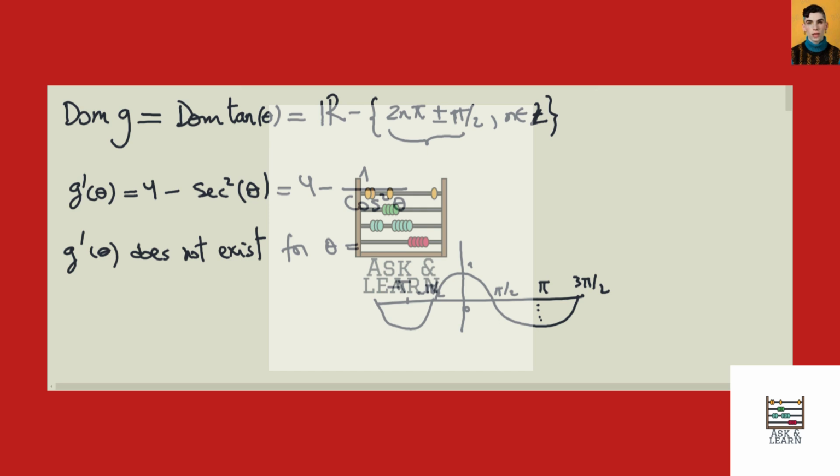So we see that it's 0 at pi half, then 3 pi half, so we can say that it is at the point pi half plus multiples of 2 pi,